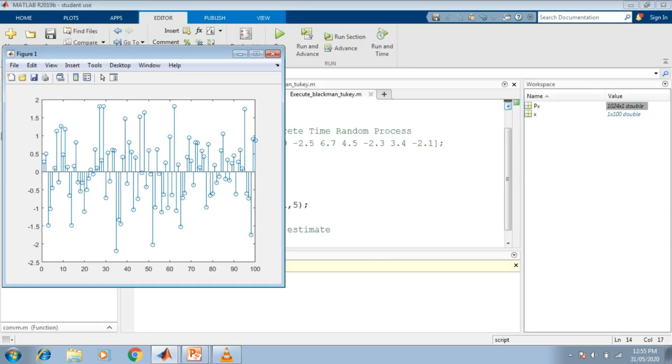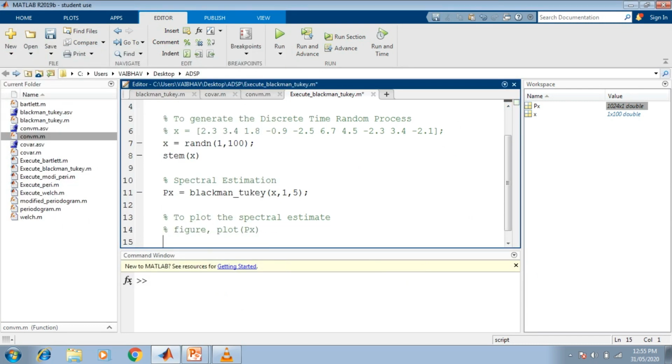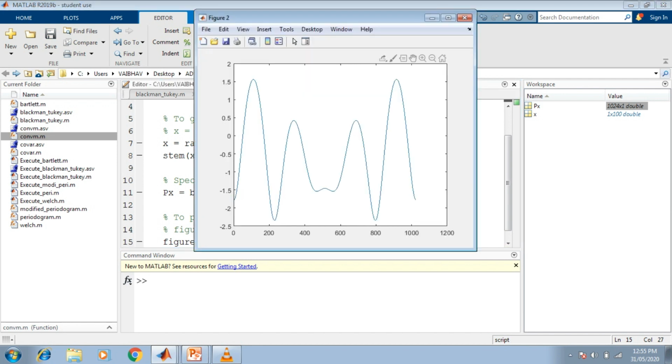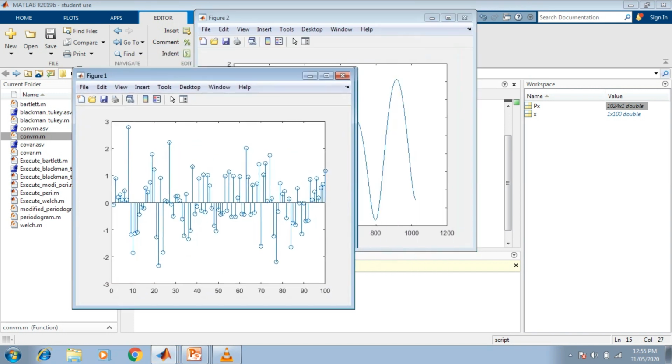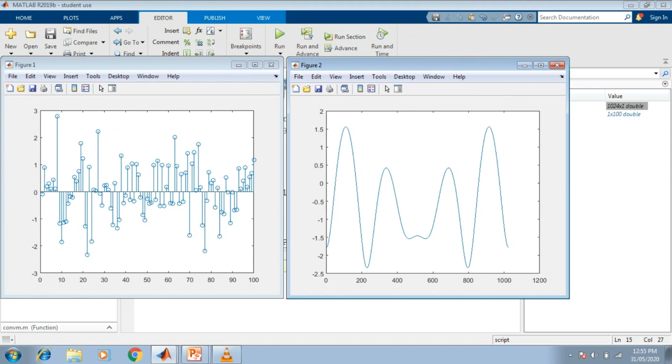Now in terms of decibels, if we require, instead of having it this way, we can take first of all the figure keyword. Next to that, we again make use of the plot command, and this time the input will not be simply Px, but it will be 10 multiplied by log to the base 10 operated over capital Px. We save the changes and run this program. Now you can see that for this type of input by the random function, we have obtained the corresponding spectral estimate plotted in decibels.